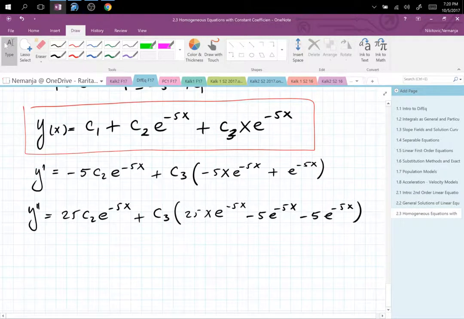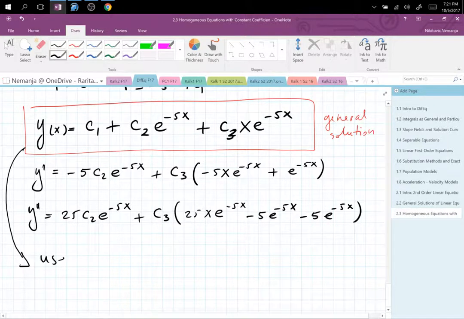Yes, because you have y and y prime and y double prime as initial conditions. That's all we need. So for the first one, this is problem 26. By the way, I forgot to say this is the general solution. We are going for the particular now. So we use that y of 0 is 3, and when you plug everything in, we get